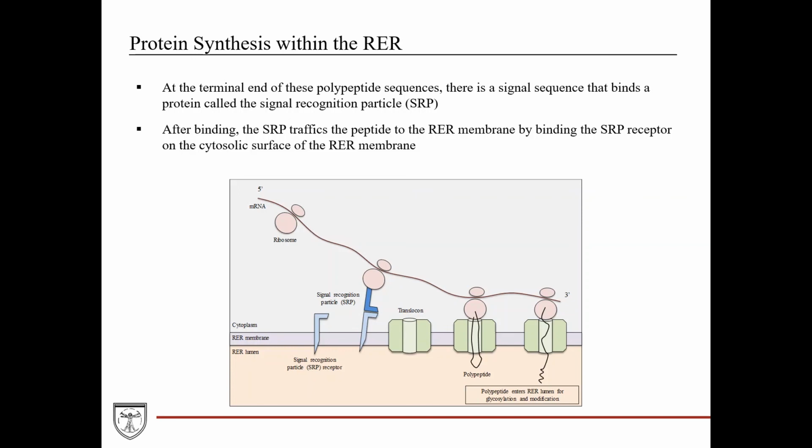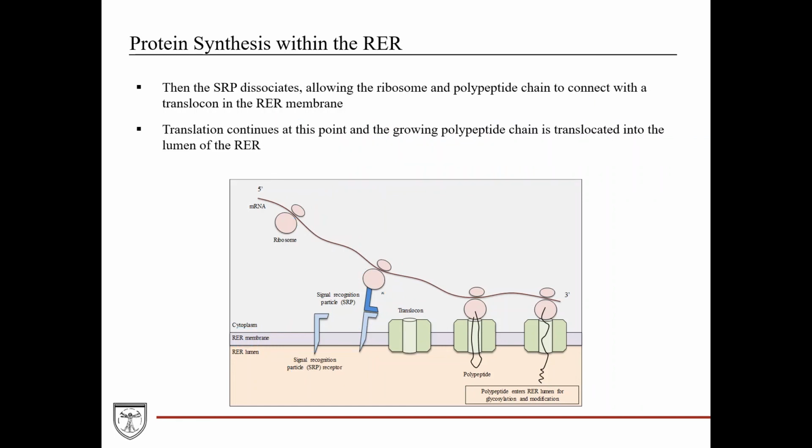So the nitty-gritty details of this, at the terminal end of these polypeptide sequence, so here we have a ribosome, it's in the cytosol, and then you have your polypeptide being produced like that. There's a signal sequence that binds a protein called the signal recognition particle. So it's going to bind the actual polypeptide sequence, and you have it here. So this will be your SRP. What the SRP does is then traffics it to the rough ER membrane, and then it will bind to the receptor, which is the signal recognition particle receptor, or the SRP receptor. And you see that here. Here's the SRP. It's binding its receptor, and that helps essentially dock it or bring it into the membrane of